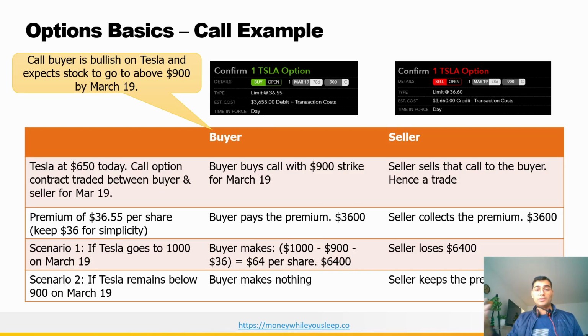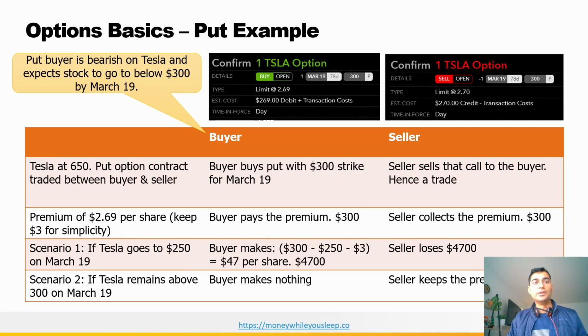Somebody is buying insurance for 6 months from an insurance company. If some accident happens to a car, then the insurance company will pay some money to the buyer, right? Otherwise, that insurance premium is going to go just to the insurance company. So this is the case here. So I hope it has been clear to you how a call works in this options market. Let's look at the put example.